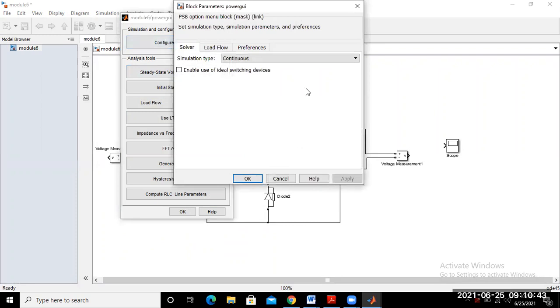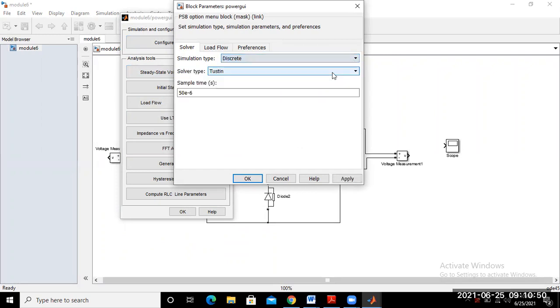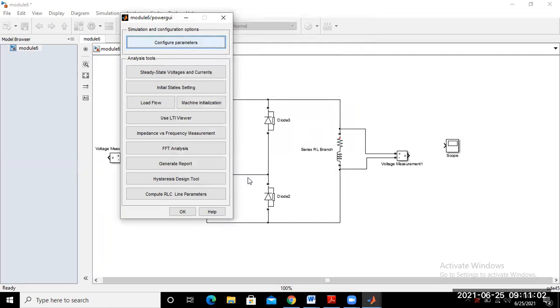Just change the simulation type, that means continuous to discrete, and for this sample time, by default, we take 50 microsecond. So apply and okay. Then just cancel this one.